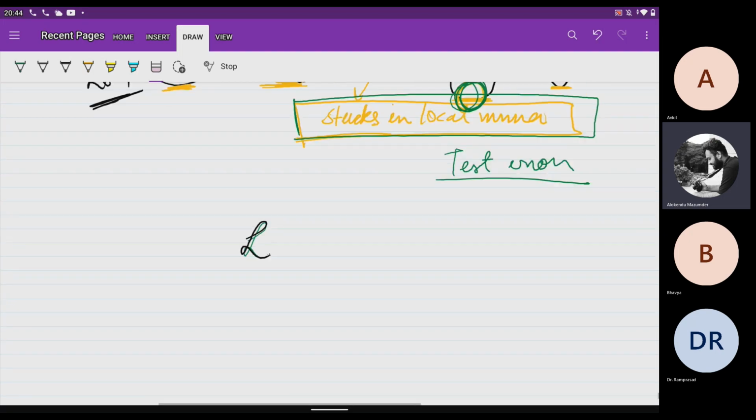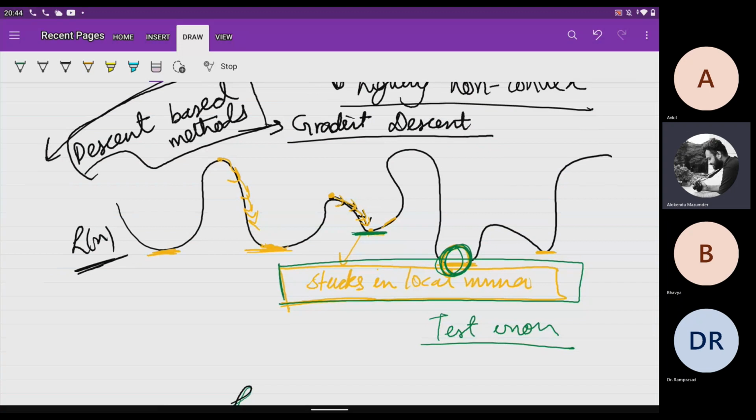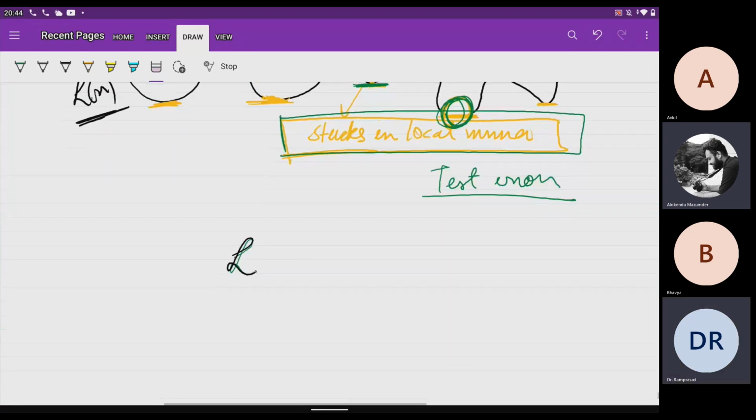The thing is, you cannot imagine the loss surface. This is a 1D representation of a loss surface, but in high dimension you don't know how the loss surface looks. As of now, the loss function which I am working on recently,